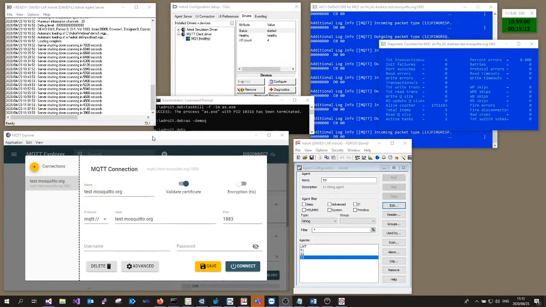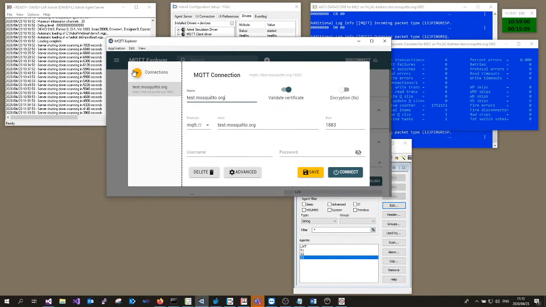And just show you, I'll bring this guy up. This is the MQTT Explorer that's currently connecting to an open source test.mosquitto.org broker, and this is just there for everybody's benefit. I wouldn't suggest you use it directly to run your plant. I'm sure there are options to get protected areas and that kind of thing. We'll talk about that later.